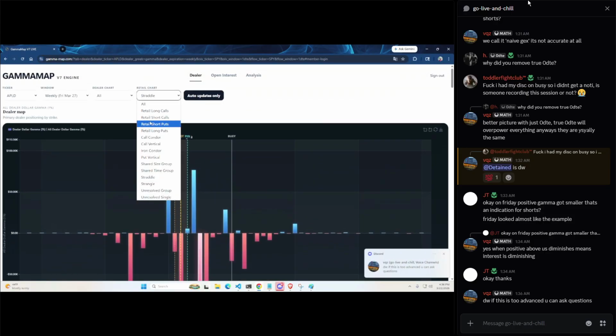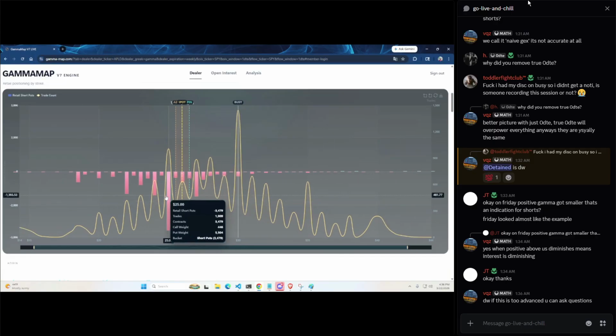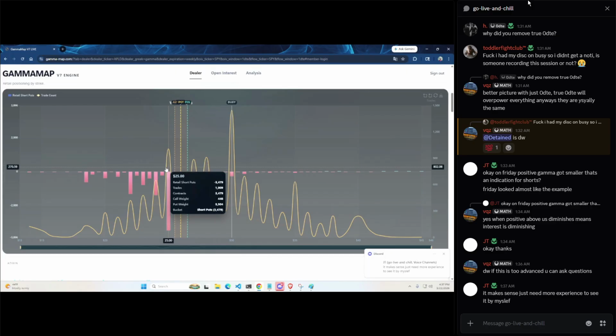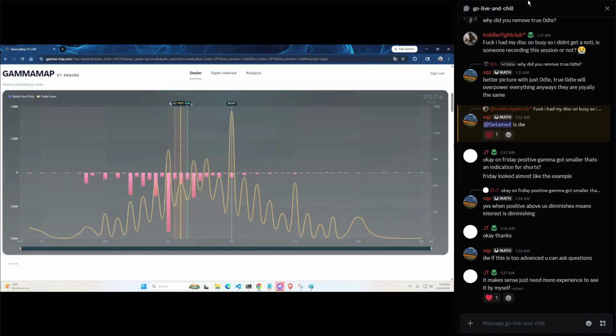Short puts, I'm just curious. 25 is our put wall. So 25 can be a support, especially when retail is selling puts. This down here can act as a support, the 25 level. What I mean by that is dealers will defend this line in the sand, but if we break 25, then dealers start having to sell because they're delta hedging. I'll go over more about how the dynamics of delta hedging work for dealers.